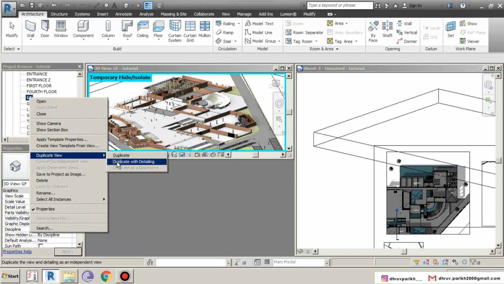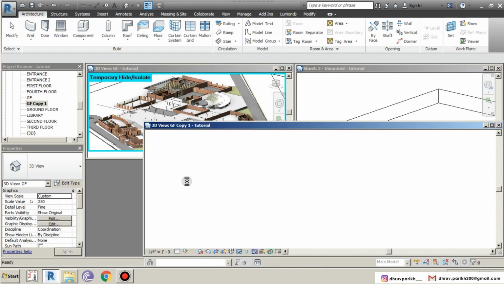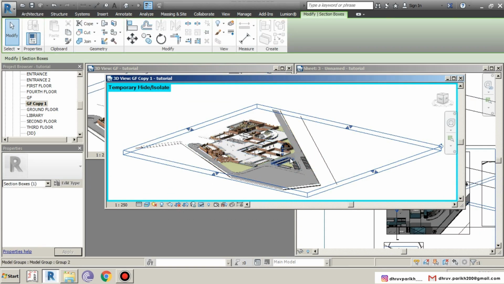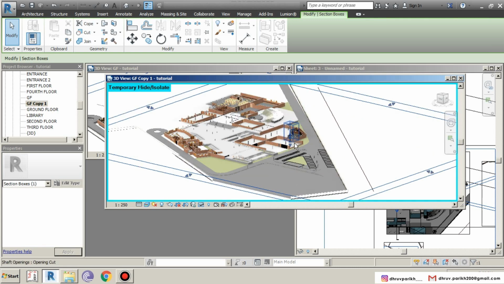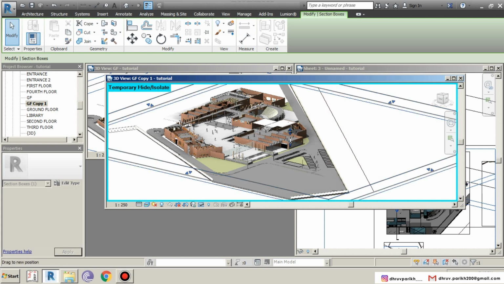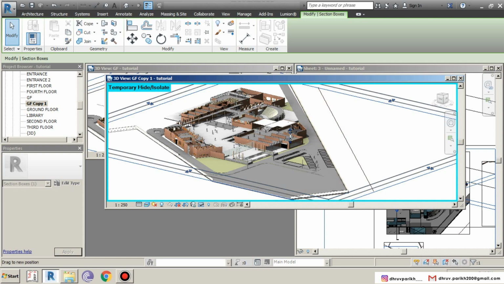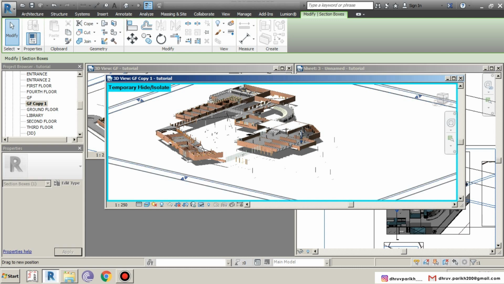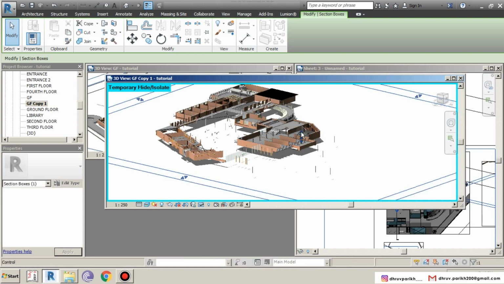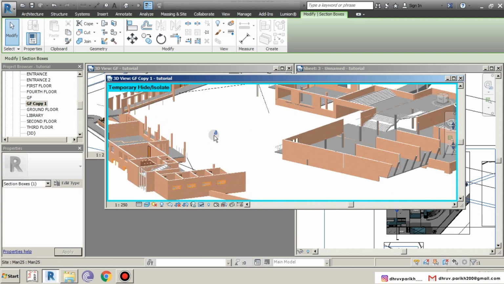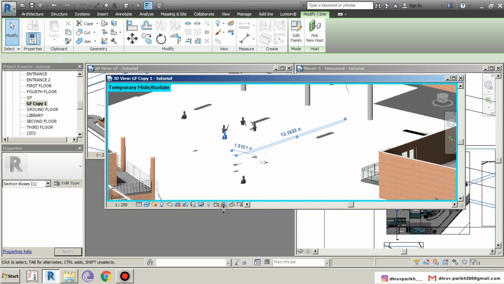Let's duplicate the view and cut your structure in a way that your first floor is visible and not your ground floor. It looks fine.